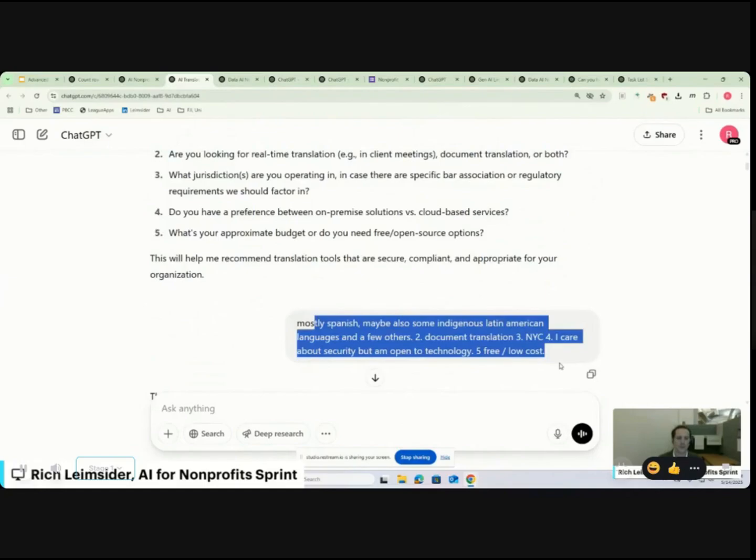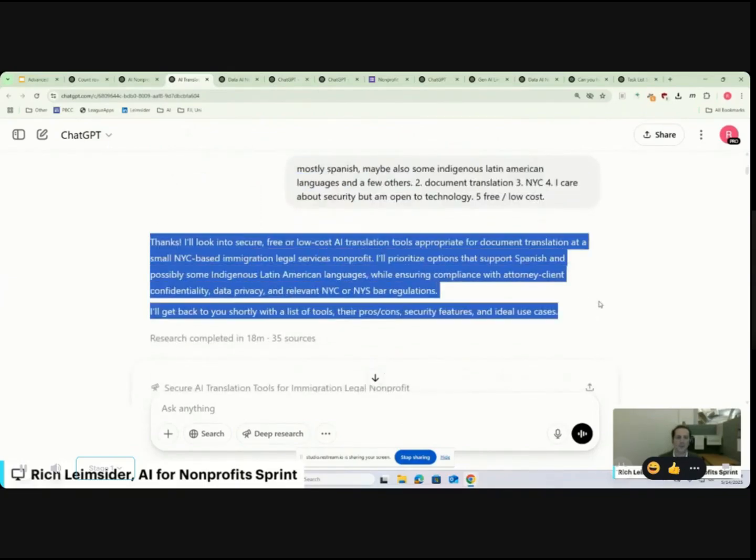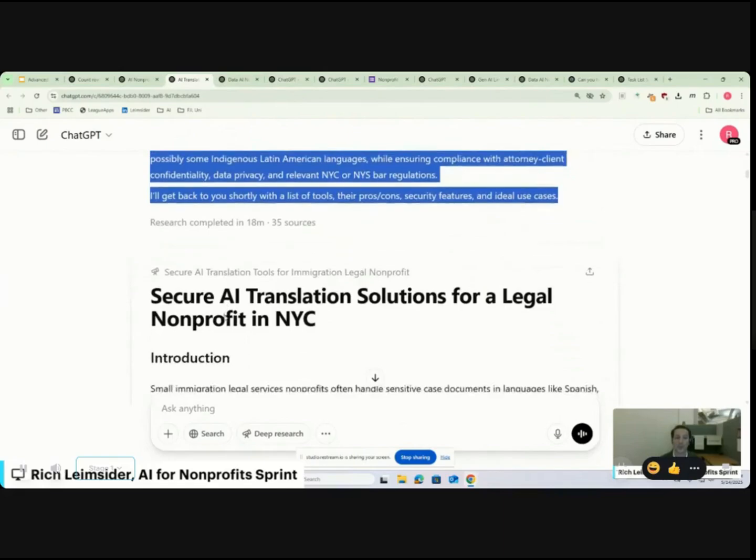I answered some of its questions about how this assignment should work. It kind of gives me an updated summary of, basically it says, Rich, your original request to me wasn't clear enough, but now that I've clarified, here's what I'm actually going to go research. And then it took 18 minutes and went to 35 different websites. Whereas an ordinary ChatGPT inquiry might have just started with one or two, in this case, it goes off, it spends a whole bunch of time, and it does a whole bunch of research,